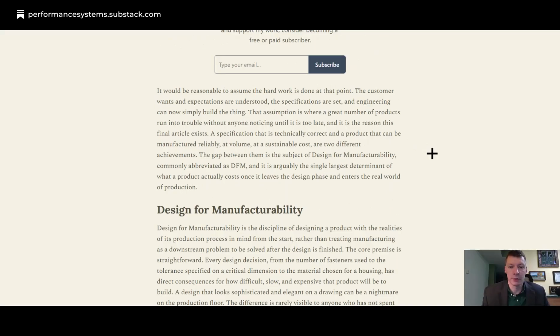It would be reasonable to assume the hard work is done at this point. The customer wants and expectations are understood, the specifications are set, and engineering can now simply build the thing, right? That assumption is where a great number of products run into trouble without anyone noticing until it's too late, and it's the reason this final article exists. A specification that is technically correct and a product that can be manufactured reliably at volume at a sustainable cost